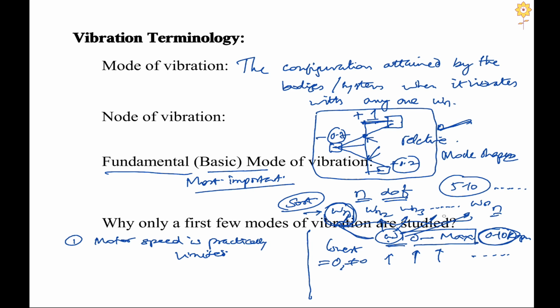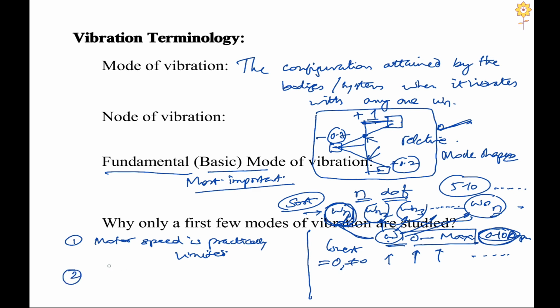Suppose omega n1 is some value like 0 or 10, this might be say 100, 1000, something like that. So it's just a number. These omega n's, the higher numbers will be very, very large values. So obviously this omega may not match with the higher values. So this is one of the reasons why we study only a few of the natural frequencies or mode shapes